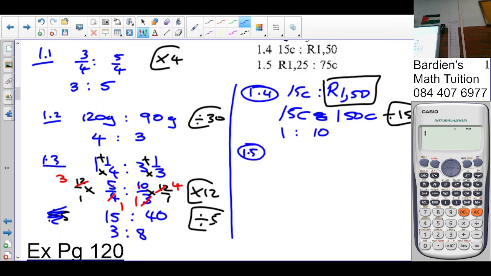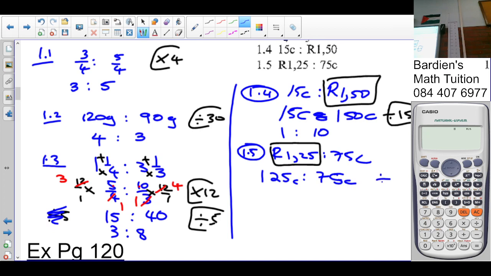1.5. So 125 cents is to 75 cents. So what do we do first? Change that to cents. So multiply it by 100, I get 125 is to 75. So I divide by 25 both sides. So that goes 5 is to